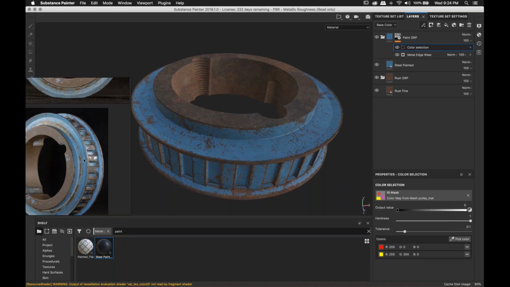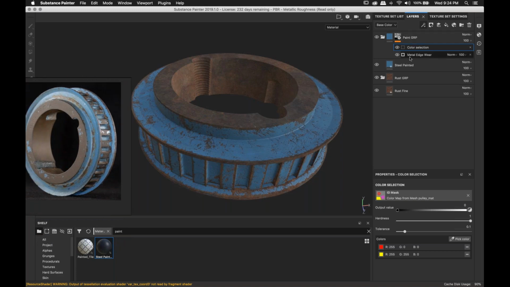We're looking for a lot more complexity, right? We have to go above and beyond metal edge wear. What separates you from another artist who's just downloaded Painter? Hopefully it's more than one metal edge wear. So your ability to recreate reference is what's going to separate you from Joe Schmo who just downloaded this yesterday,